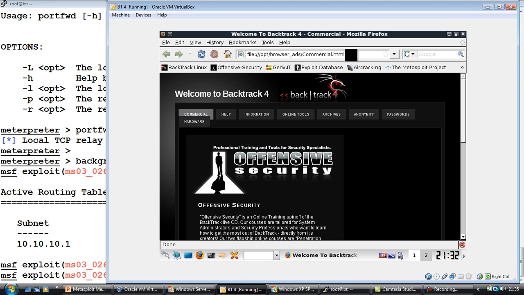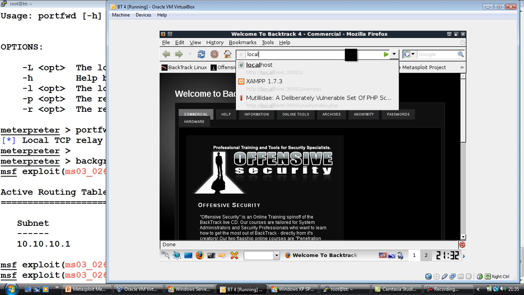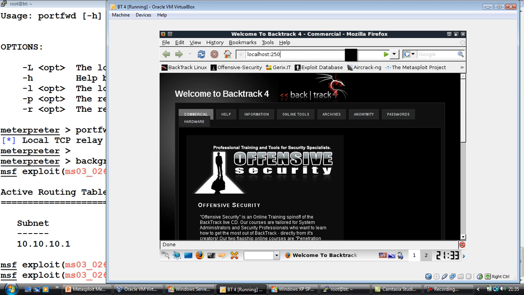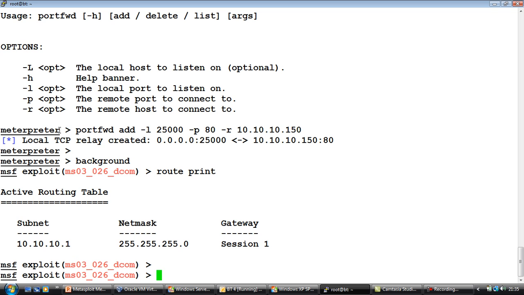Let me go ahead and type in the URL. The URL, of course, is localhost, and then we have 25,000. Awesome. If you notice, we are now able to access the web server which is running on server 2 via server 1. And we can go and access any of these scripts which are running there and actually look at what the intranet application actually contains, right? So this is the power of port forwarding,